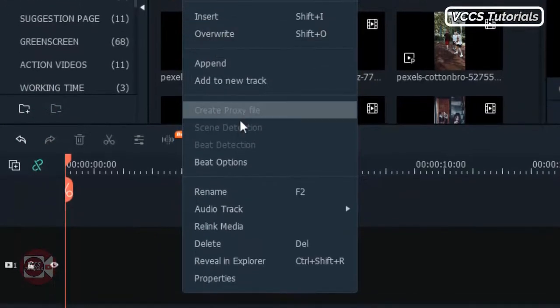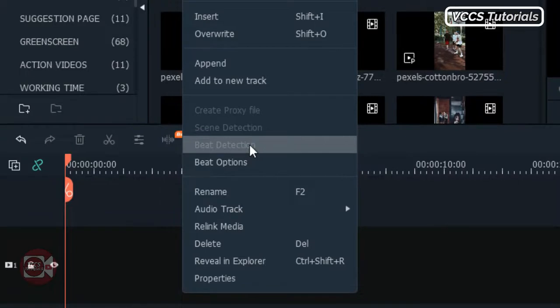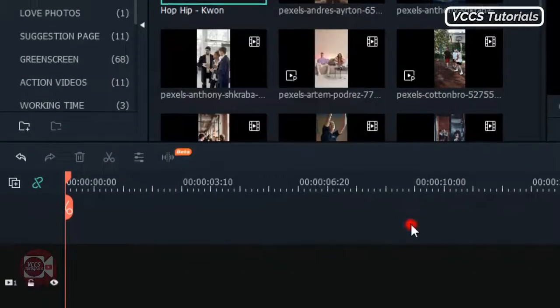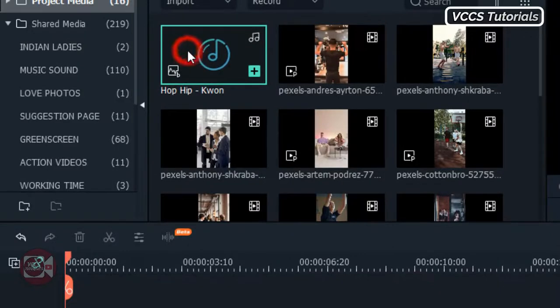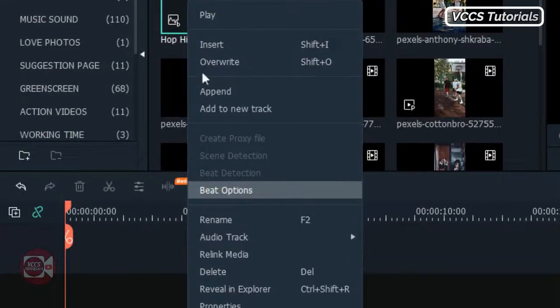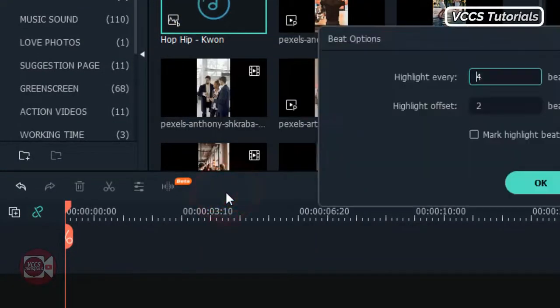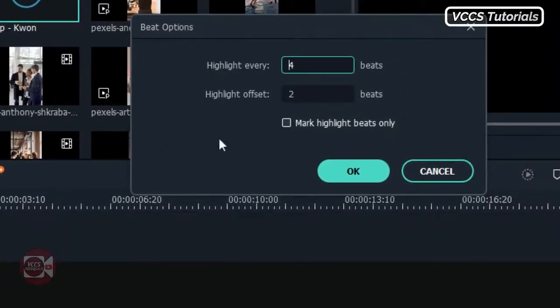Right click on the music and click on beat detection. I've done that already, so just click on beat detection to detect the beats. You can also click on options to choose either you want only the upbeat or the downbeat. If you have done that,